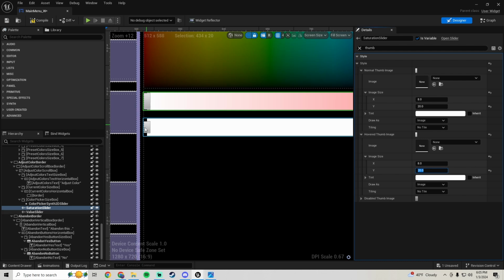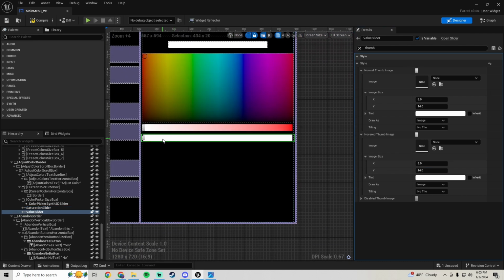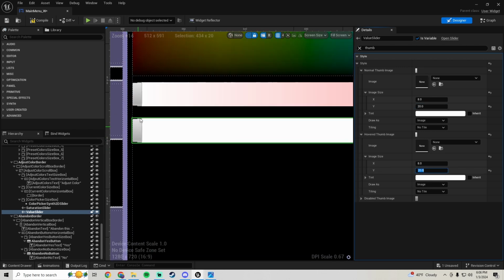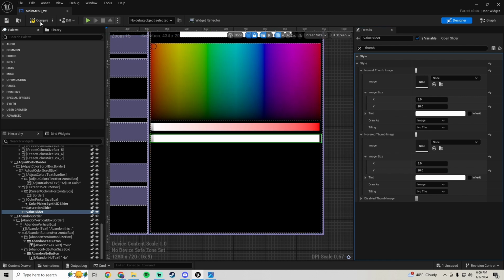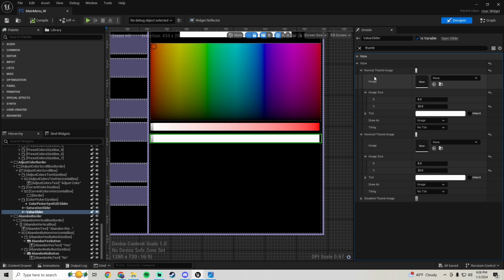This is kind of small and blocky. This one stretches out a little bit more across. And we'll go ahead and do that to our value slider as well. So just click on that one while we've got this open. Just set these Y values to 20, like that. It'll make that little thing right there a little bigger. So compile and save. And now we just want to set these images to our